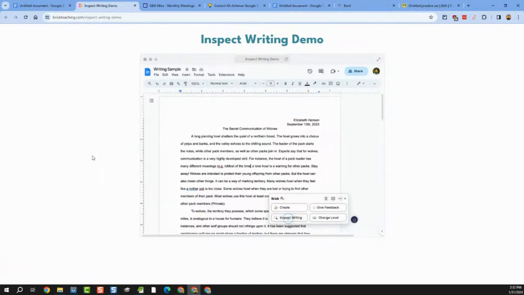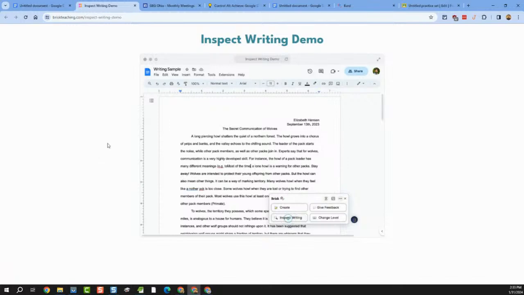Brisk is a Chrome extension that gives you AI features when you are browsing the web and you're reading an article or you're inside of a Google Doc. I've shared about it before. It can re-level an article. Like if you are reading one of those Dogo News articles and you want it written at a lower grade level, you can tell Brisk, hey, let's rewrite this at a 3rd grade level or whatever, and it will rewrite that for you. But one thing they've added recently that really caught my attention